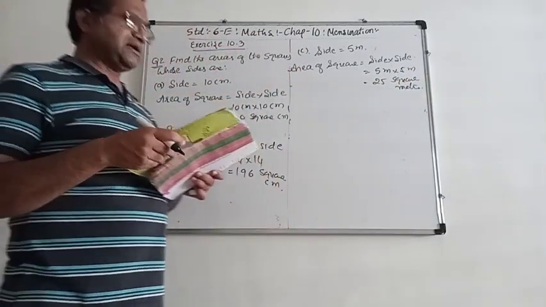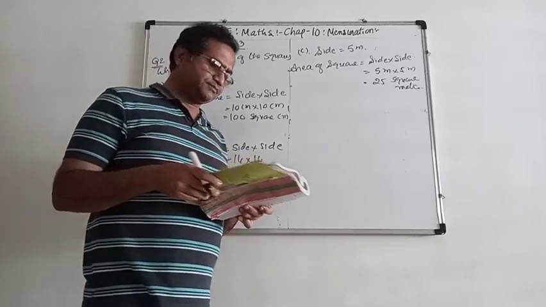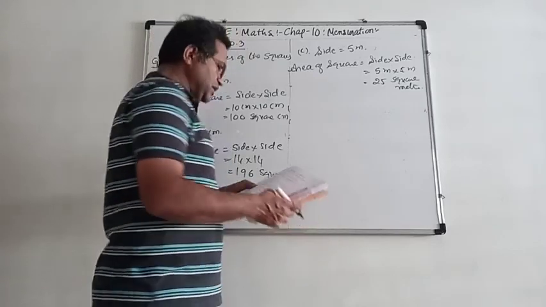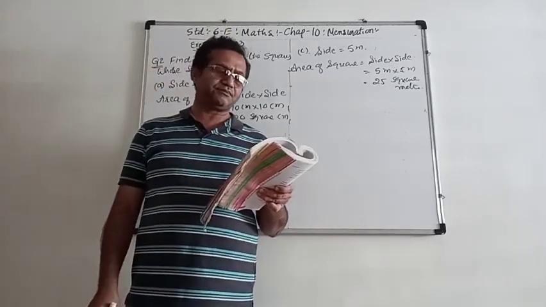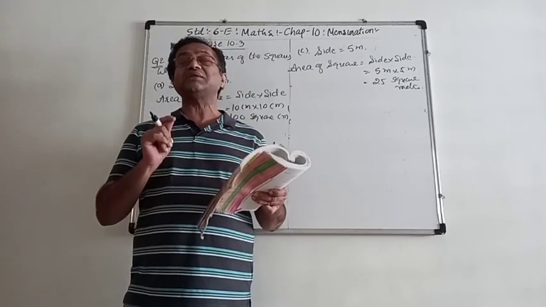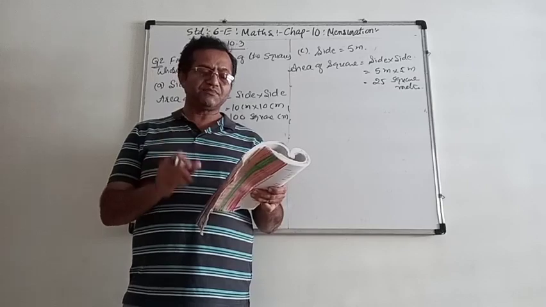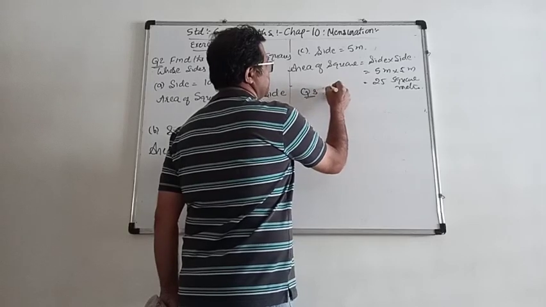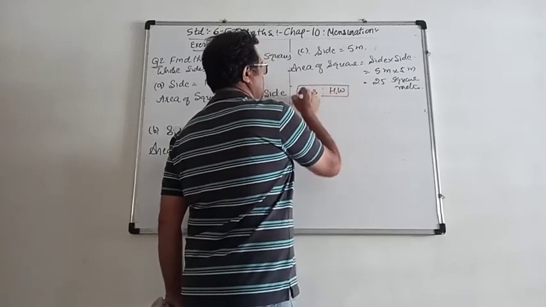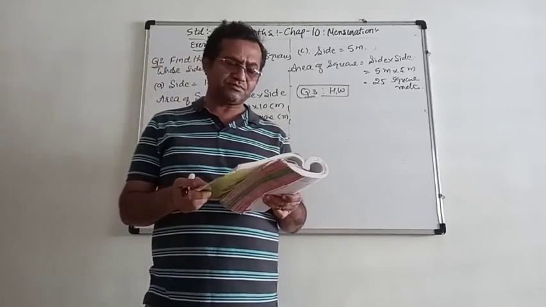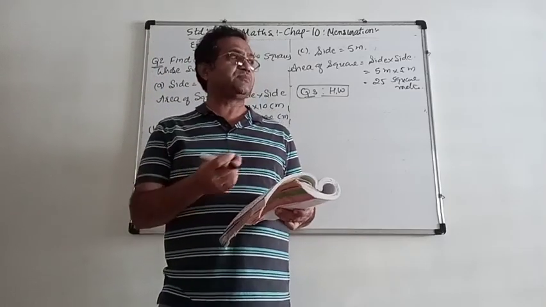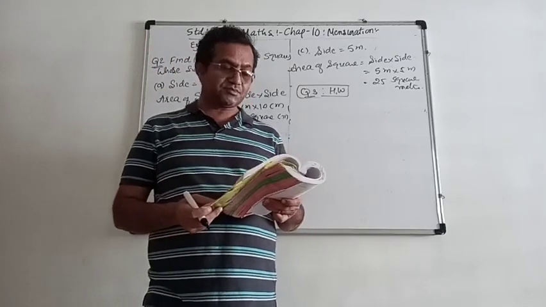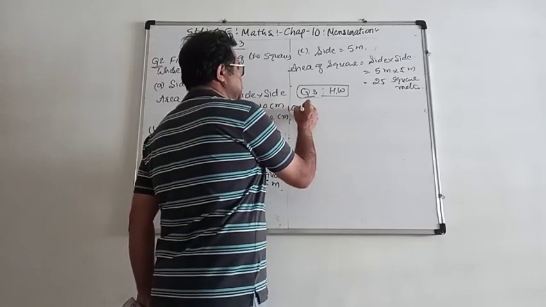So areas are very, very simple. Now question 3, in which 3 sets are given and we have to find which one has the largest area and which one has the smallest area, I am giving you for homework because it is the same. Very simple, we have to find the areas of all the 3 sets and then decide whose area is the largest and whose area is the smallest. So now let's do question number 4.